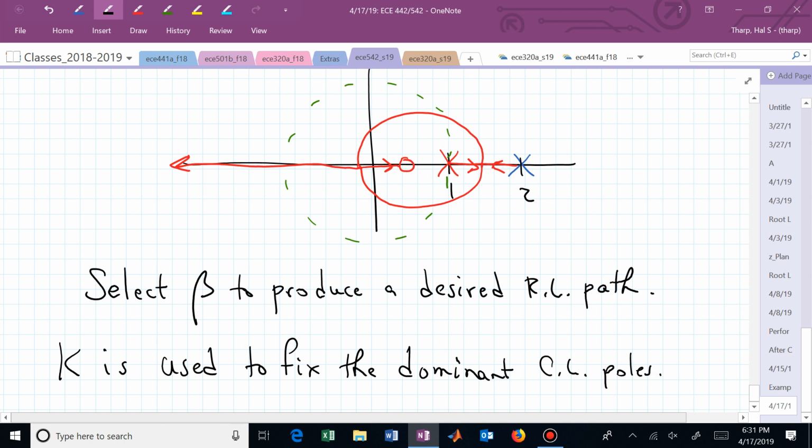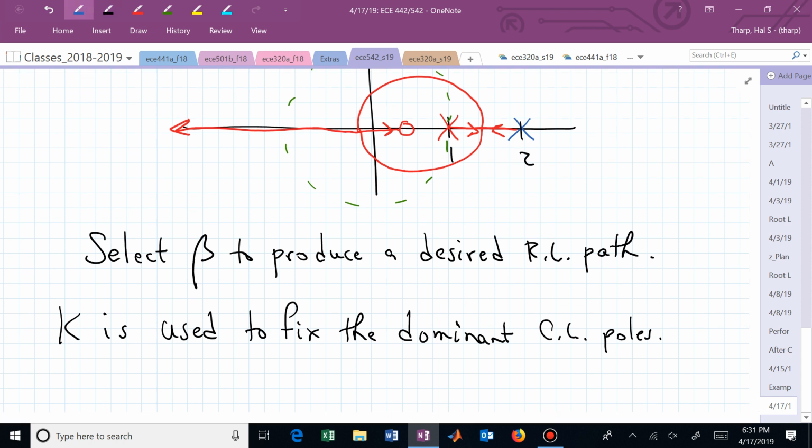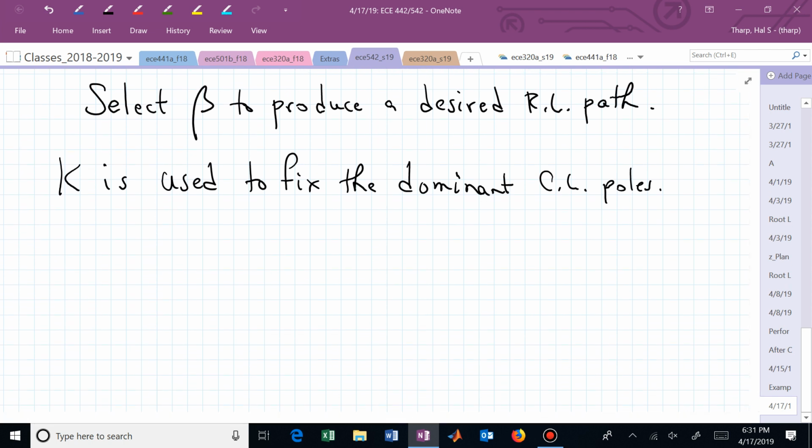That's the idea. So now let's say, okay, I don't know where I want my 0. I don't want to start iterating on this geometric mean, etc. Can I just pick some desired locations for my closed loop poles and then post calculate the beta value, the location of the 0? That's what I want to do now. Let me try to illustrate that process.